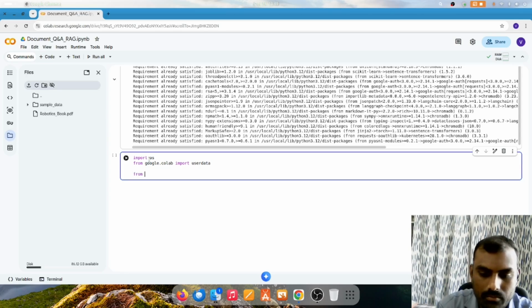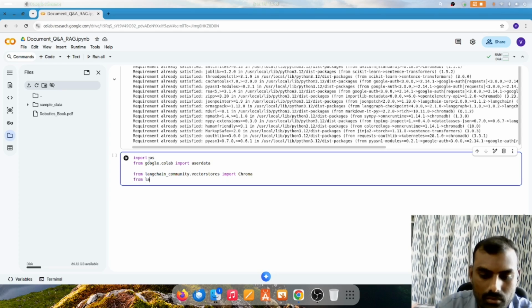Then from langchain_community.vectorstores import Chroma, then from langchain_community.embeddings import HuggingFaceEmbeddings,